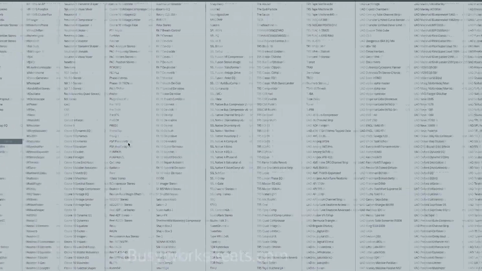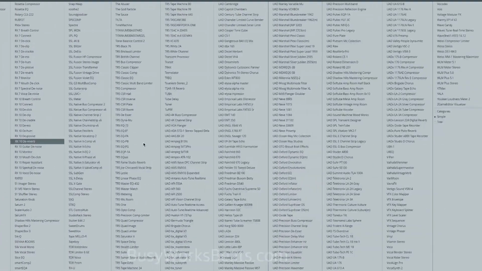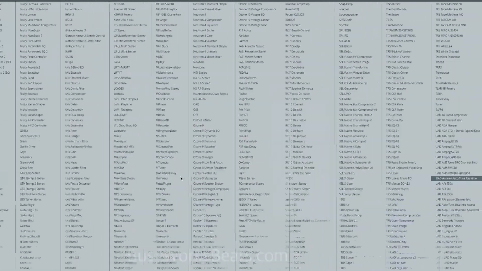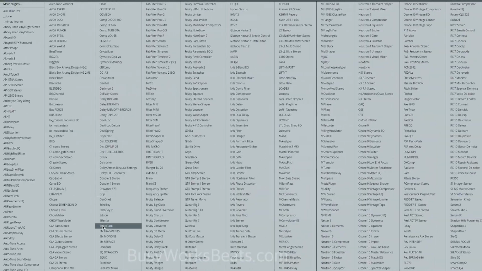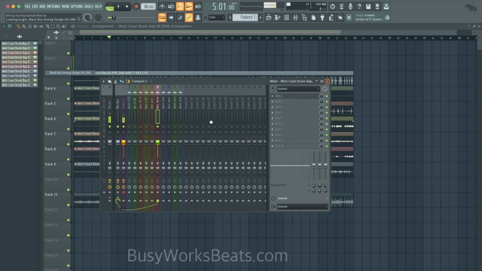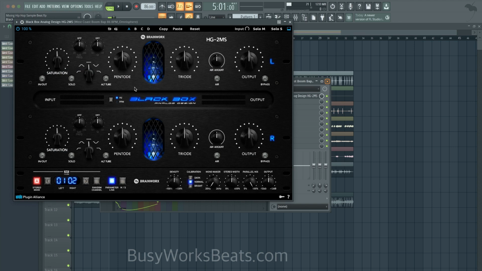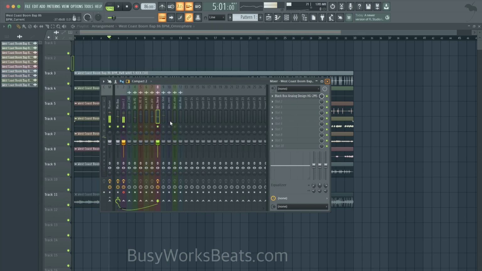So what we want to do, let's find a saturator plug-in here. There's so many that my brain is literally trying to think of which one would be best. Even certain compressors have saturation to them. But let's go with this one for now. The black box. Usually people use this on the entire track. We're going to turn saturation on. Let's solo using a low pass, and only target everything below about 150 hertz. And then we're going to saturate. I'll exaggerate the sound. This adds a little tiny rumble to the sound.